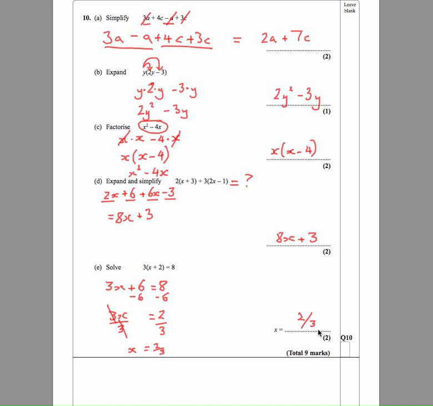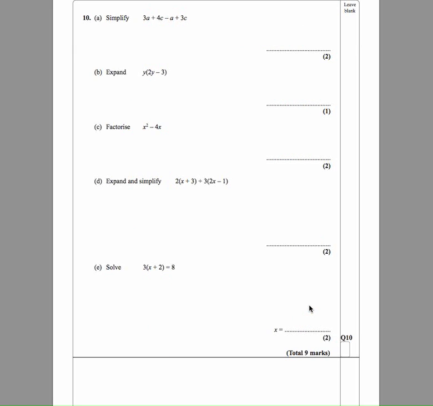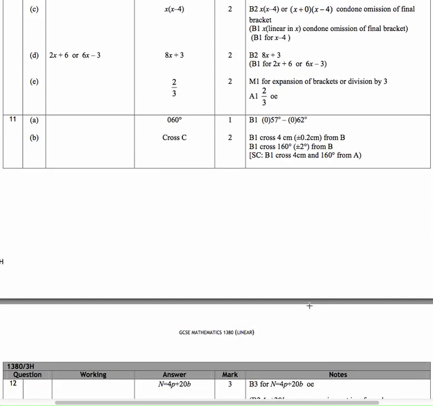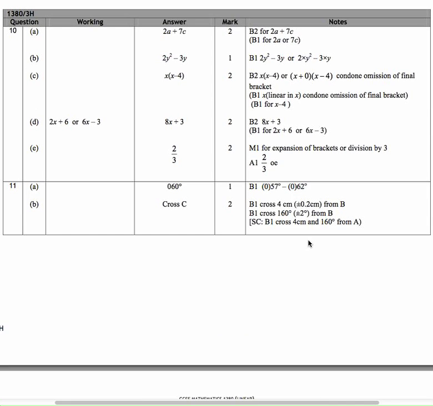Should we put it over there? Okay. Let's just check on the mark scheme. 2/3. Yep,